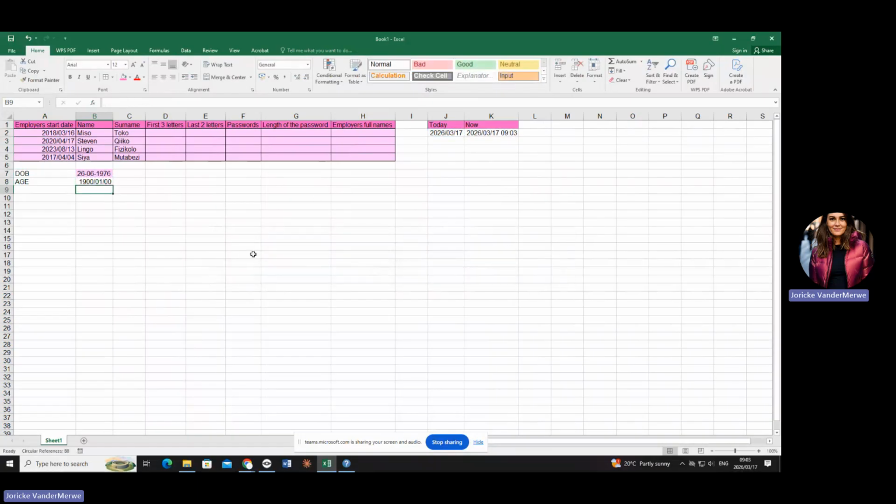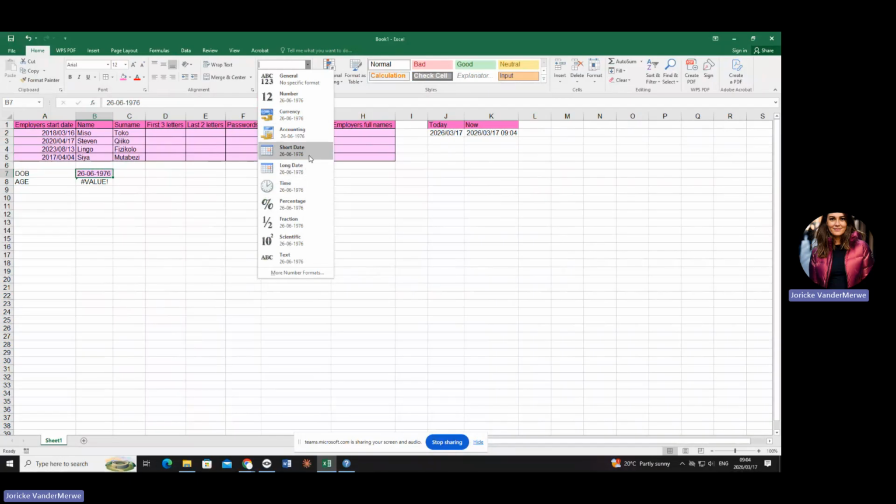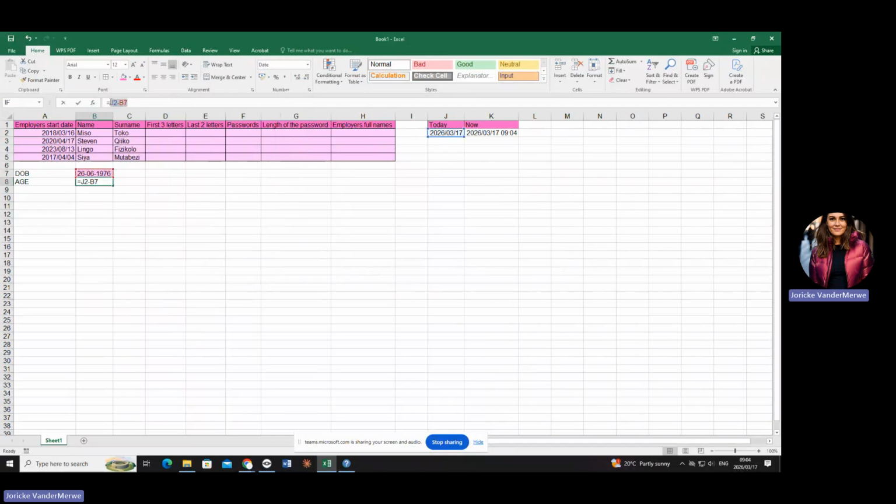Now that answer there, let me just quickly change it. It should be General. We're going to take that off. This must be a date and that must also be a date, otherwise it's not going to work. Both need to be a date. The formatting of both of those two things needs to be the same, otherwise it's not going to work. So let me just quickly make it the same. 2026. Okay, now it's going to work.